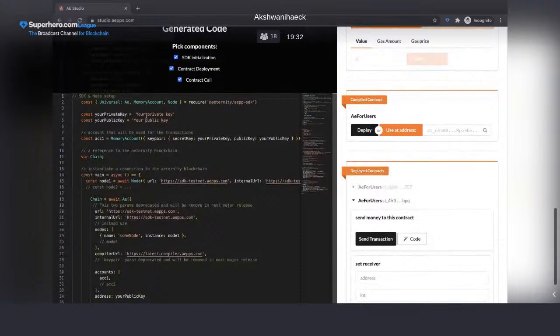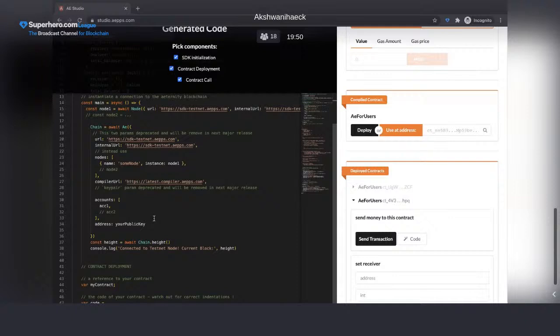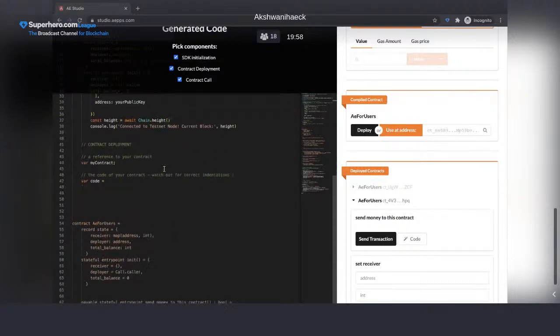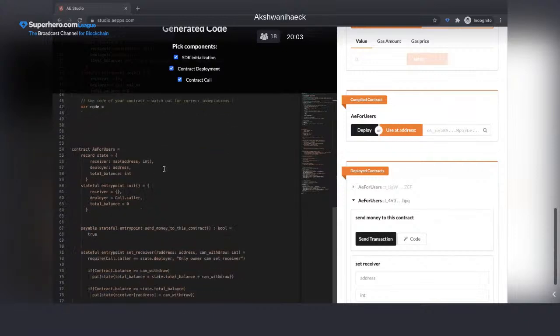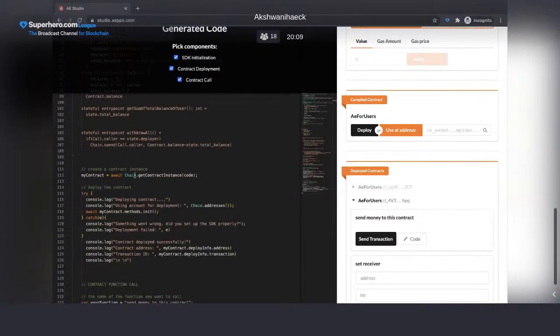Of course, you will have to put in the information about the wallet you are going to use. Please be very careful with how you store your private key. Don't make it public, of course, because otherwise somebody else can access your funds if they access your code and your private key. But you will have the different variables that you need to set up for using your contract from your JavaScript or Node project, and then you will have the execution for that specific function, right?